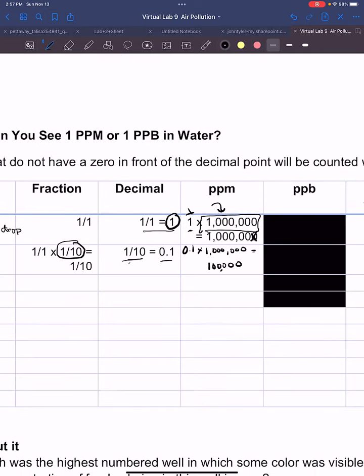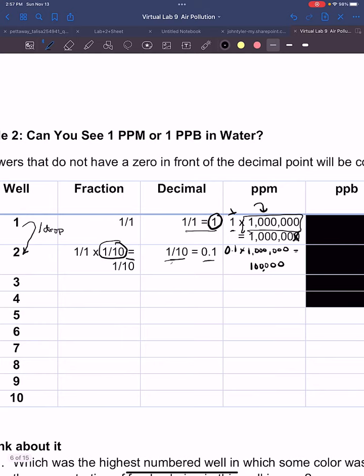And the next one you're going to do the same thing, except you're going to take the 1/10 over here, because again, you took 1 drop from here and put it into well 3, and you're going to take 1/10 times 1/10, because you diluted it by a factor of 10. You're always going to multiply by the same number, 1/10. And 10 times 10 is 100. So that's 1 over 100. And then you would take 1/100th, convert it to a decimal, and 1 divided by 100